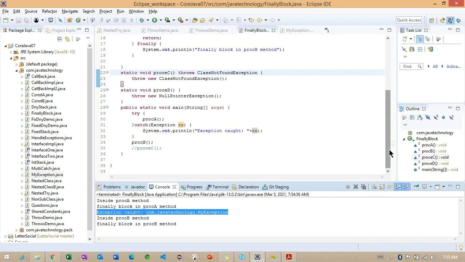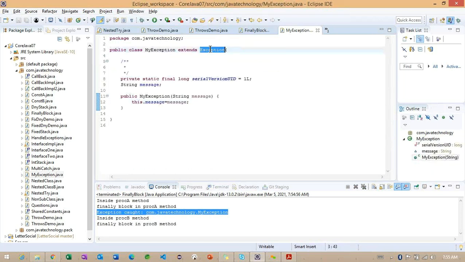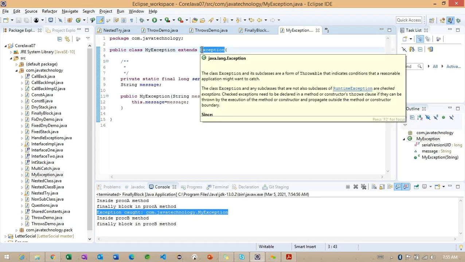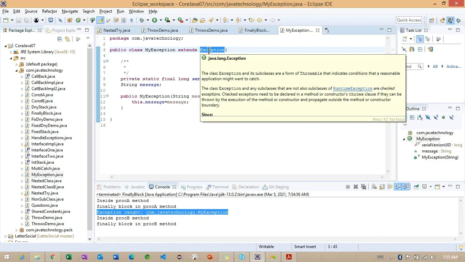This is very important to create your own exception. What we need to follow? We need to extend from the Exception class. However many exceptions we create on our own, all the classes have to be extended from the Exception class. Then only are we going to get some of the features from the Exception class. Getting the point? And these are about the custom exceptions.